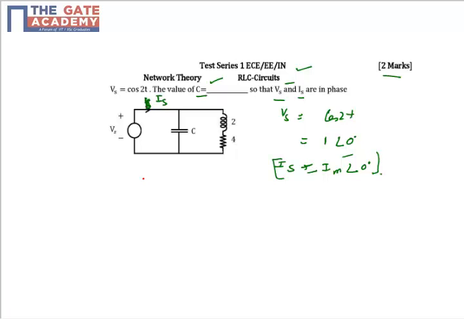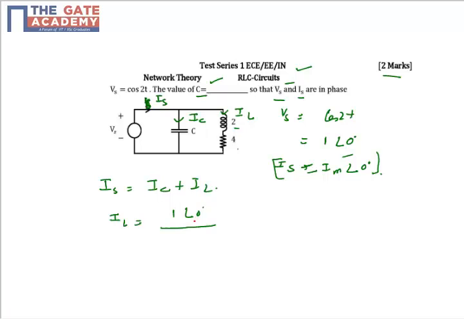And what will be my Is? My Is is going to have 2 components, one across the capacitor IC and one across the inductor and resistor combination. So my Is is basically a sum of IC plus IL, and voltage Vs is common in both the 2 branches. So we can calculate IL because we know the value of inductor and resistor. So current is voltage difference upon resistance. Voltage is Vs cos omega t. We'll take the magnitude and angle because we are more interested in phase.